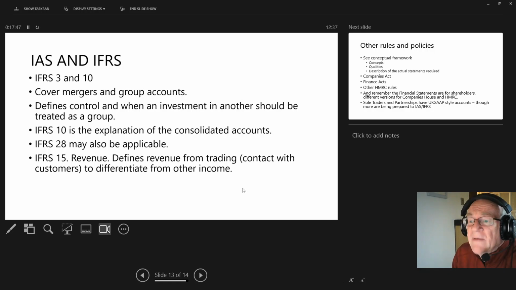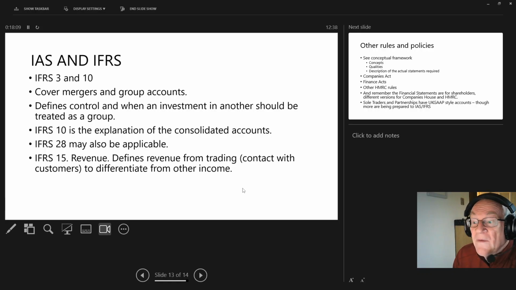There is another standard, IAS 28, used to be examinable, and that's basically investment, where you don't own more than 50% of a company or don't control the company. You may only own 10%, but if you appoint the whole board or even two thirds of the board, you control it, therefore it's part of a group without owning 50%.